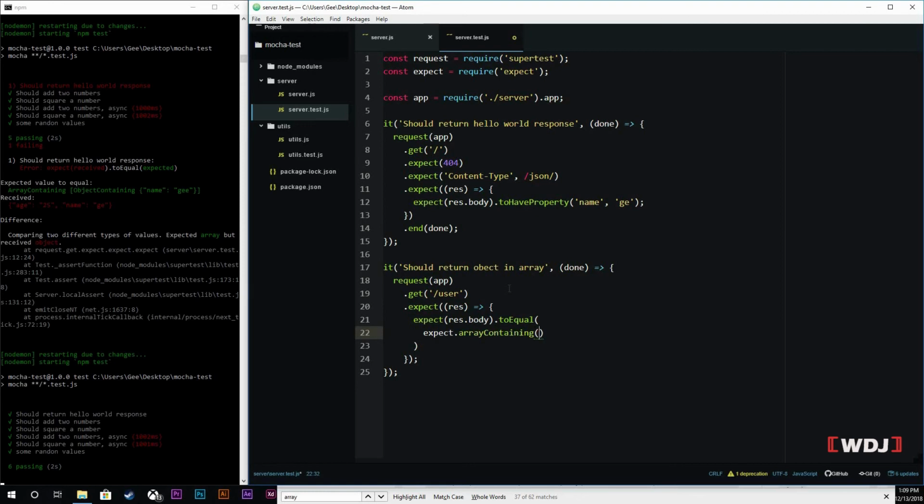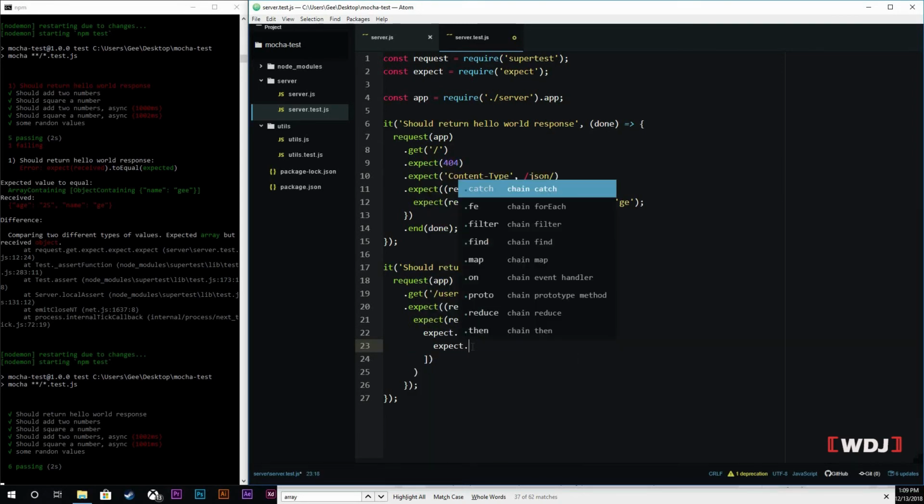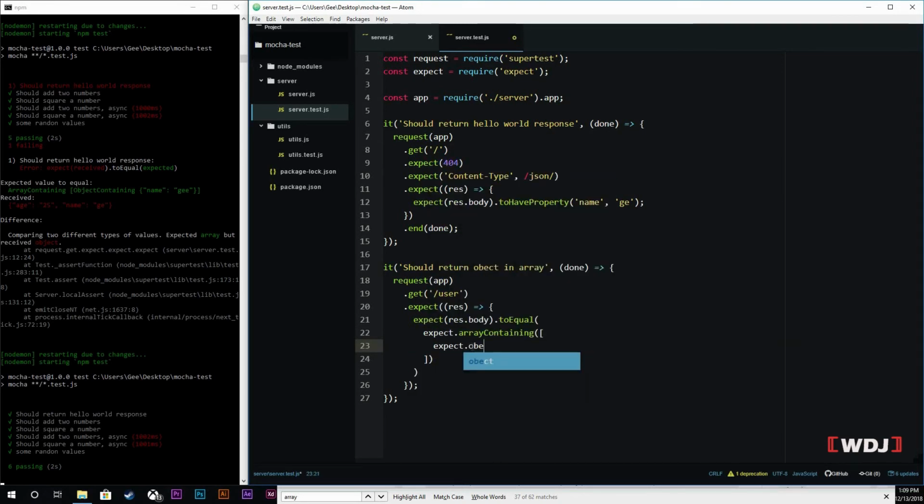then we're going to throw in an array in here, and then we're going to open it up one more time. We're going to open it up one more time after this. So we have an array, right? We have an array coming in, and we're going to expect this array to contain. We're going to expect dot object, because now we're inside of the array. Now we're expecting a certain object. Okay, expect object